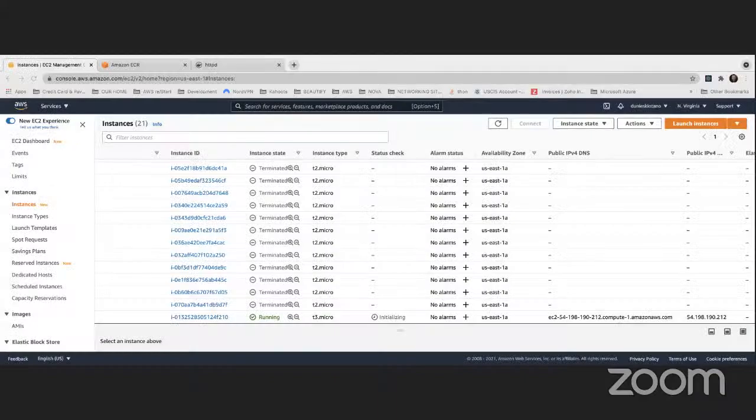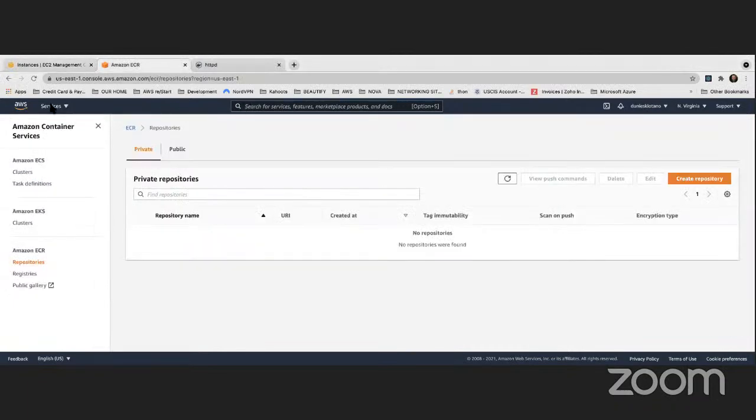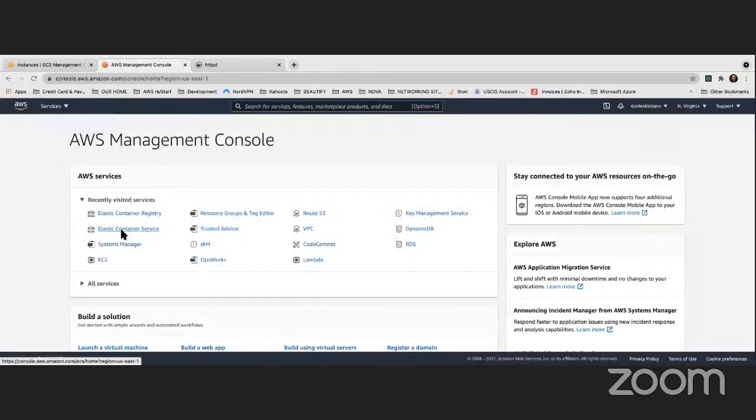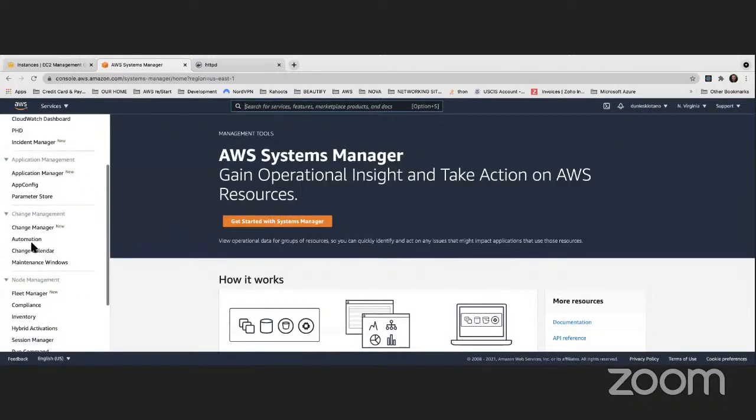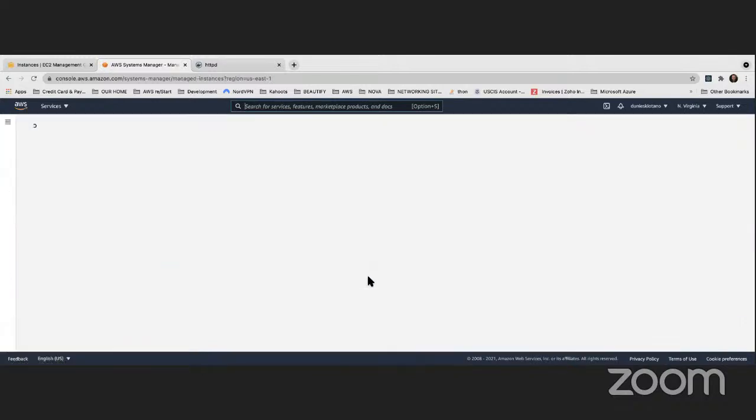The instance is already running. Now, it's a managed instance because it was given the role. It was attached to a role for Systems Manager, so we can look at the Fleet Manager here. We see that the instance is